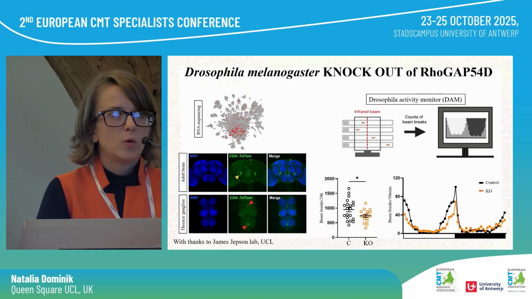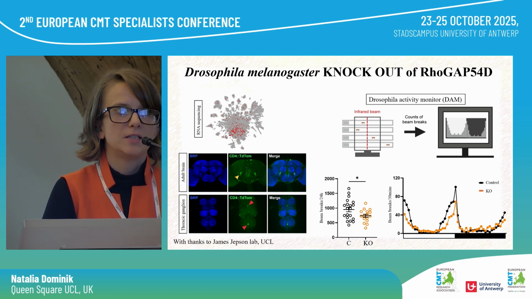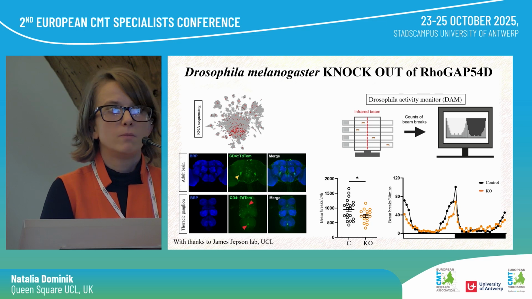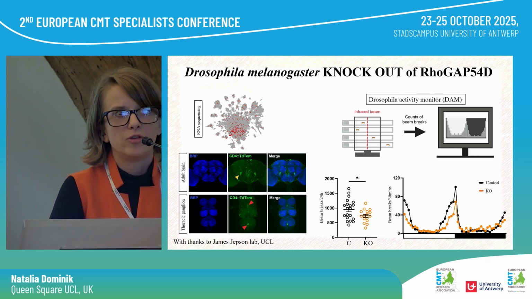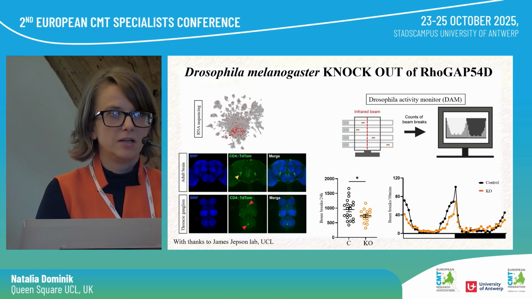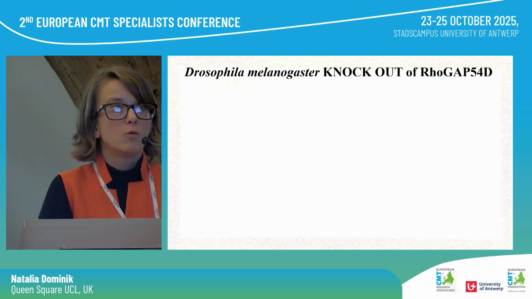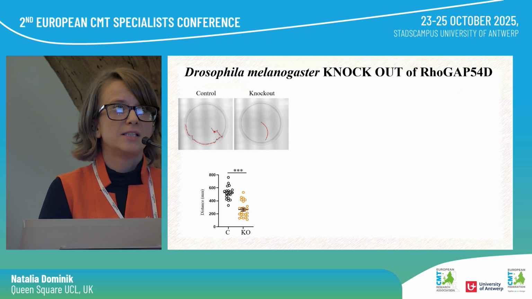And indeed, when we looked at their gross locomotion, we saw that the knockout flies had significantly lower locomotion than the controls. And also looking at their activity pattern, the peak activity is at the change of light, and this was significantly impaired. We were also able to look at the larvae of these flies, where they had a similar phenotype